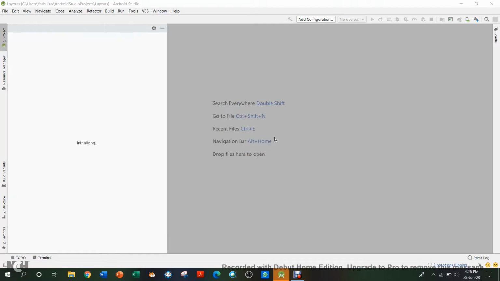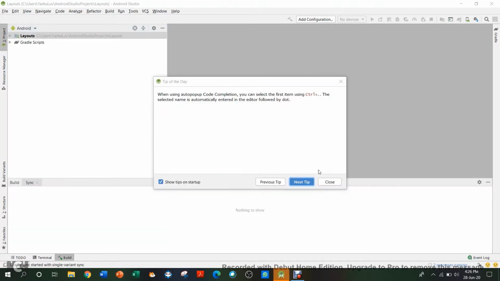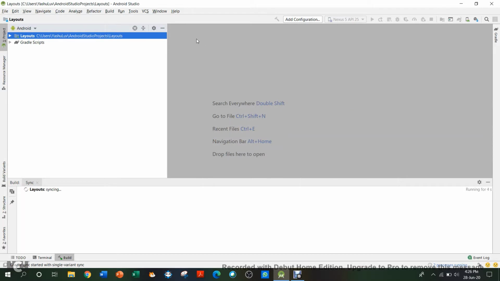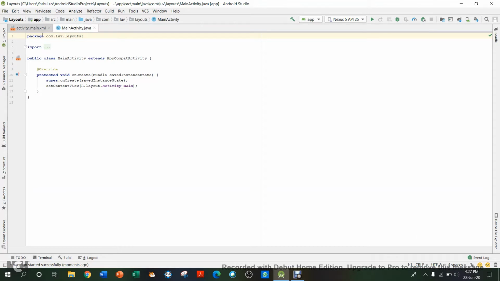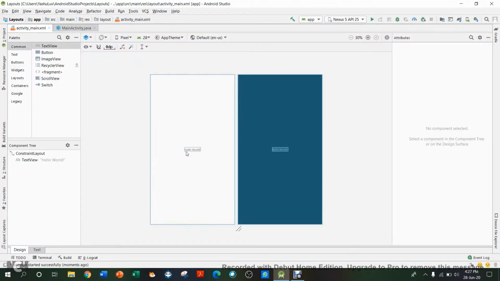So we'll just wait for this to come and then we'll start with the video. Now that it has come, just minimize everything so that we'll have space, and then we'll just stay on the main activity. We don't need to have anything else open.